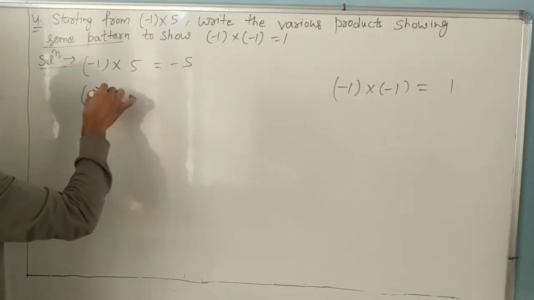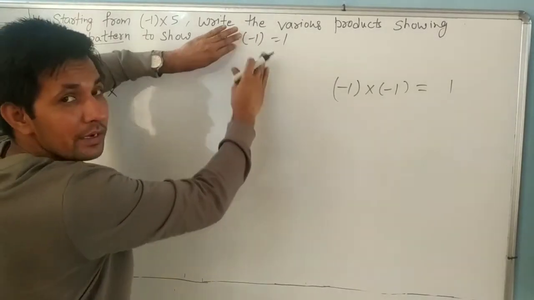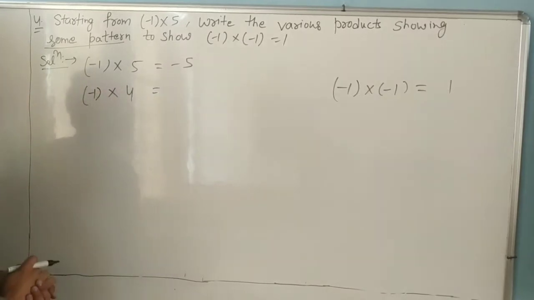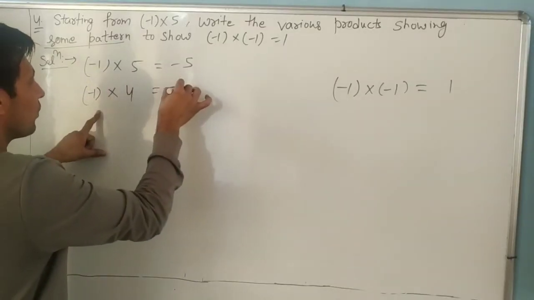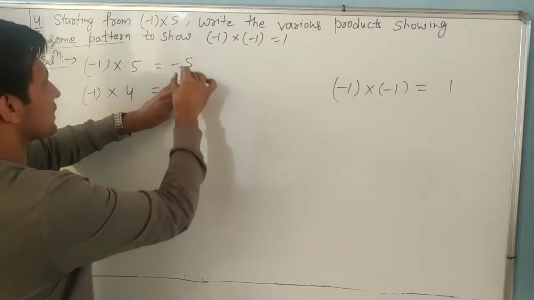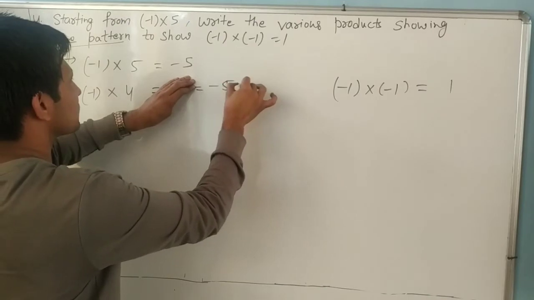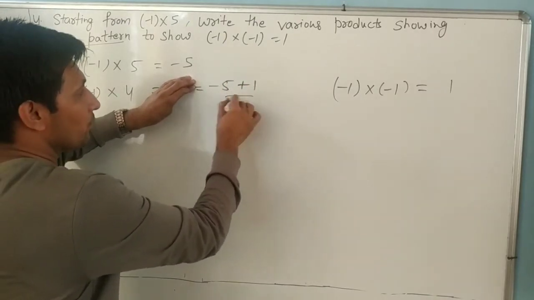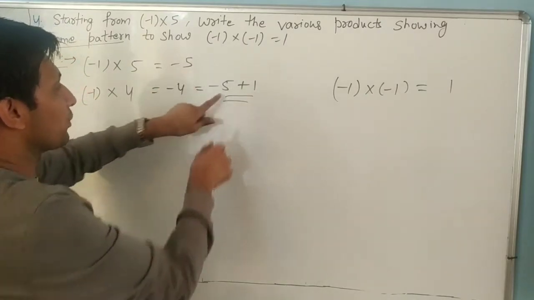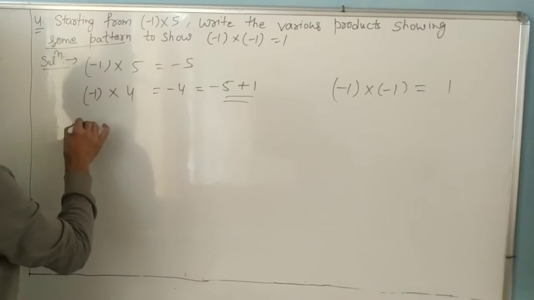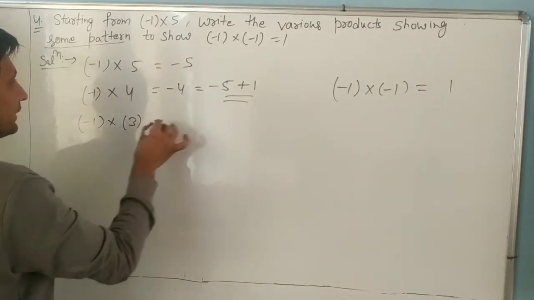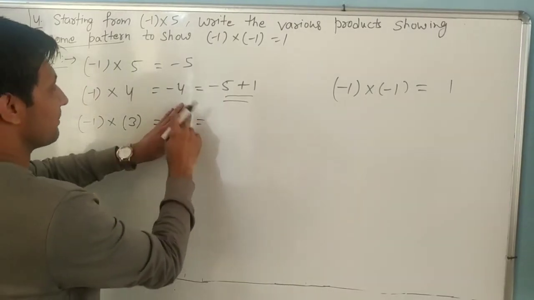Now after 1, because minus 1 into 5, now it is decreasing. So what is 4? Minus 1 into 4, dear, what is it? It is 4 with a minus sign. What can you write? Can you write minus 4 also as minus 5 plus 1? Yes. With different signs, in addition and subtraction, 5 minus 1 is 4, and put the sign of the greater number. Is it so or not? Next is minus 1 into 3, dear. It is minus 3.